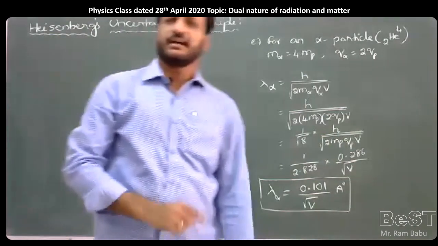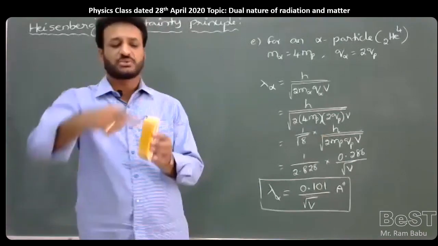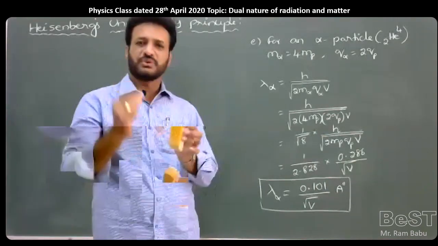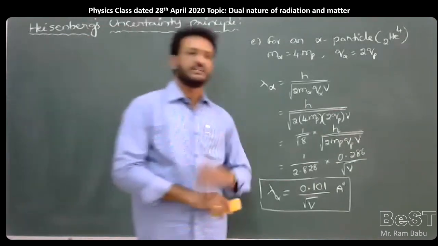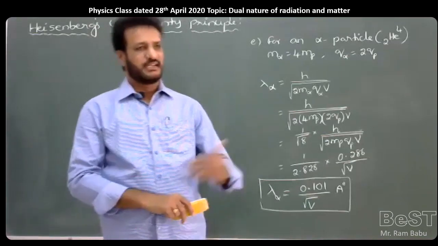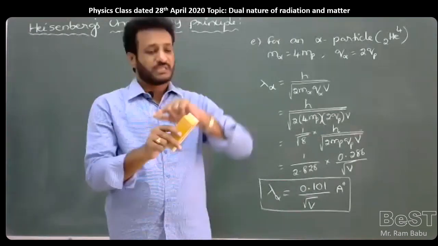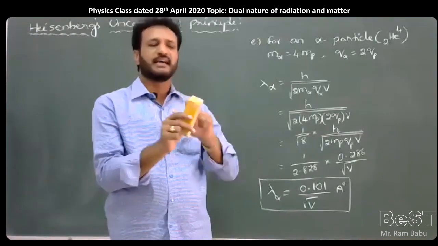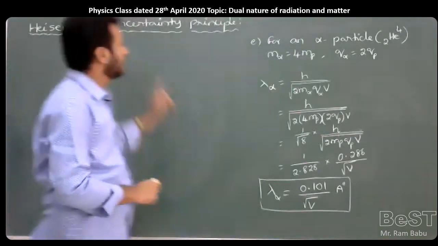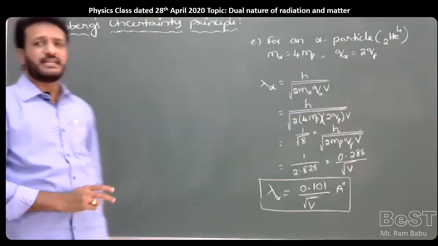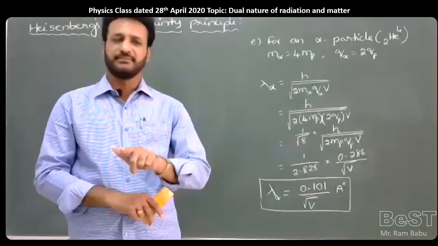According to the de Broglie hypothesis, any particle in motion has waves associated with it, and those waves are called matter waves or de Broglie waves. Because of the motion, the particle has momentum and also kinetic energy. So the particle has a dual nature: both particle nature and wave nature. But according to Heisenberg's principle, it is very difficult to find both the position and the momentum of the particle at a time accurately.